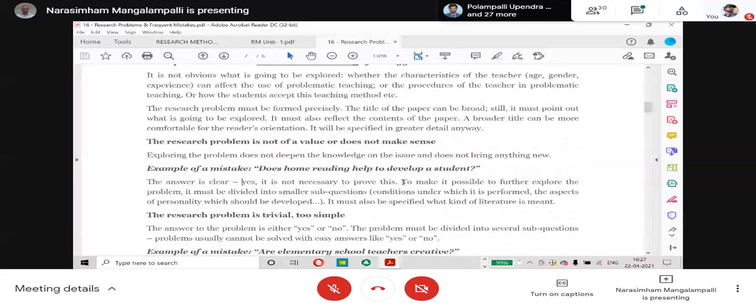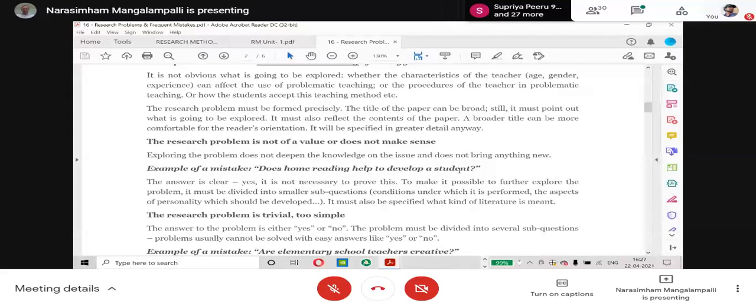It is not necessary to prove this. To make it possible to further explore the problem, it must be divided into smaller sub-questions. Conditions under which it is performed, the aspects of personality which should be developed. It must also be specified what kind of literature is meant. So, like that,